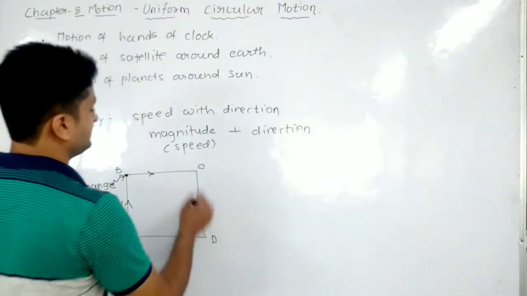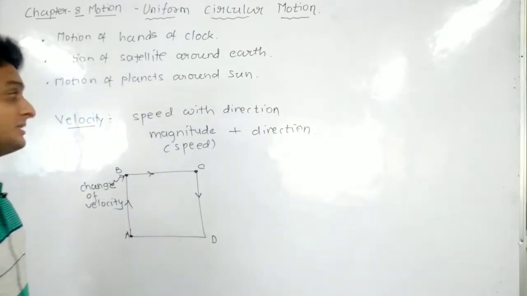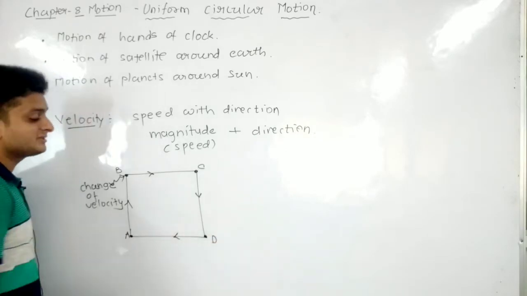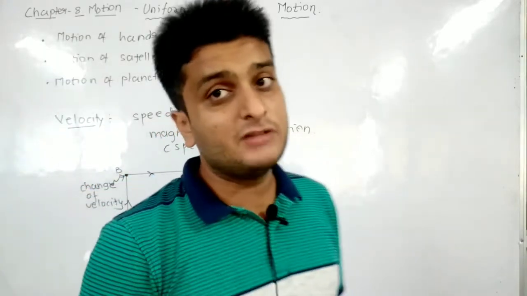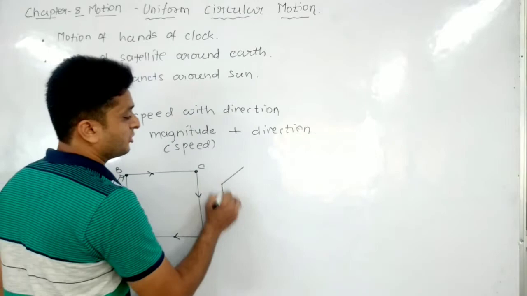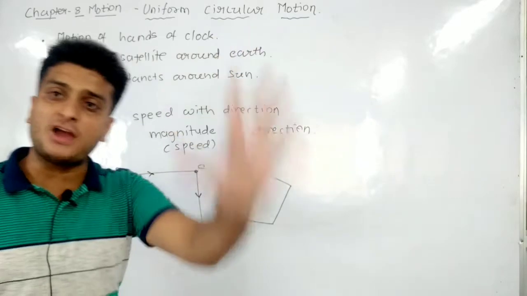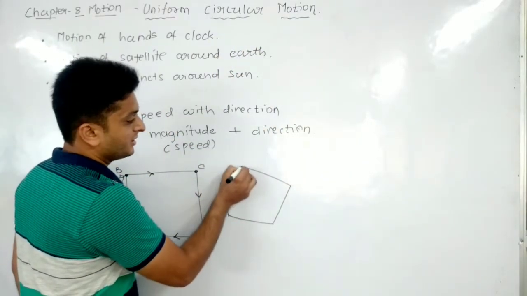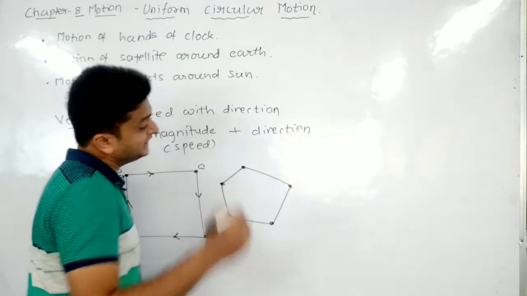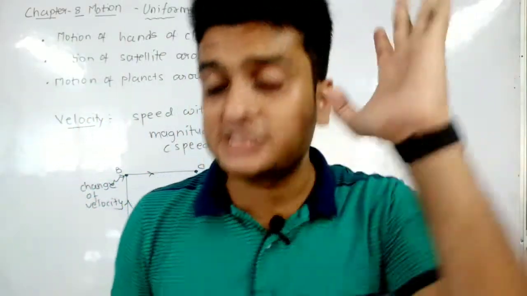Right, again as he reaches the point C, again he needs to take turn, again the direction changes, that means velocity changes. Again at point D, he has to take a turn toward this side, again what will happen? The direction will change, so velocity is changing. Okay, now what if there is a pentagonal path like this? So you will say, sir, velocity will change at 5 points. Here he has to take turn. Here also you need to take turn. Here also you need to take the turn. That means here at the 5 different points, the velocity is changing because direction is changing.